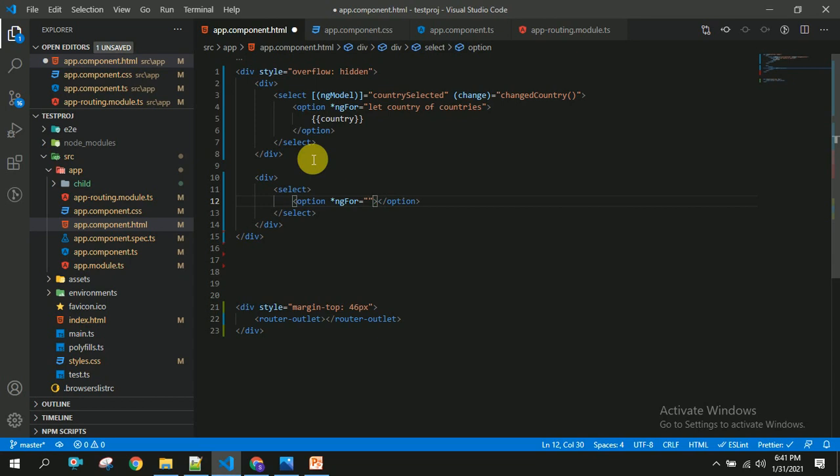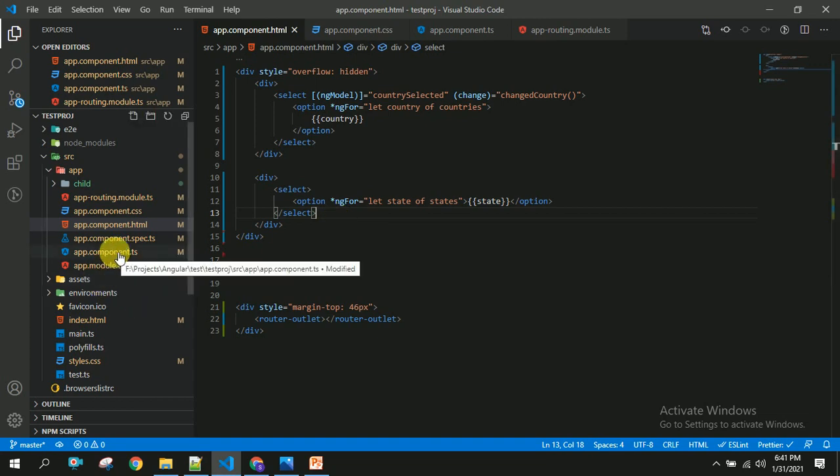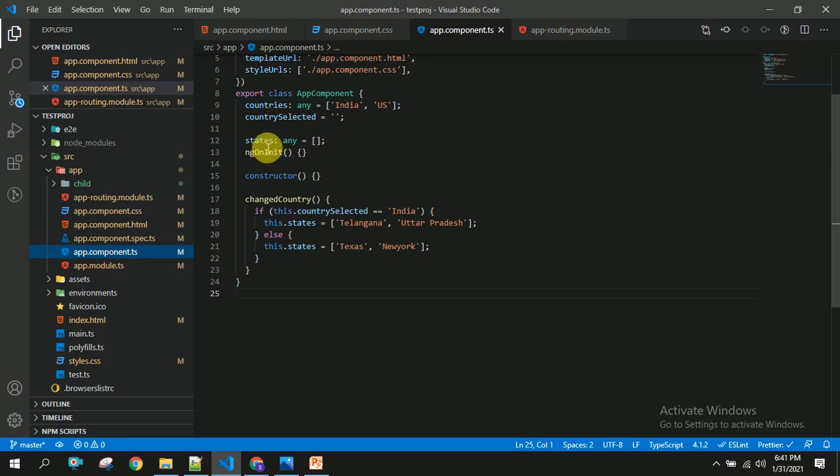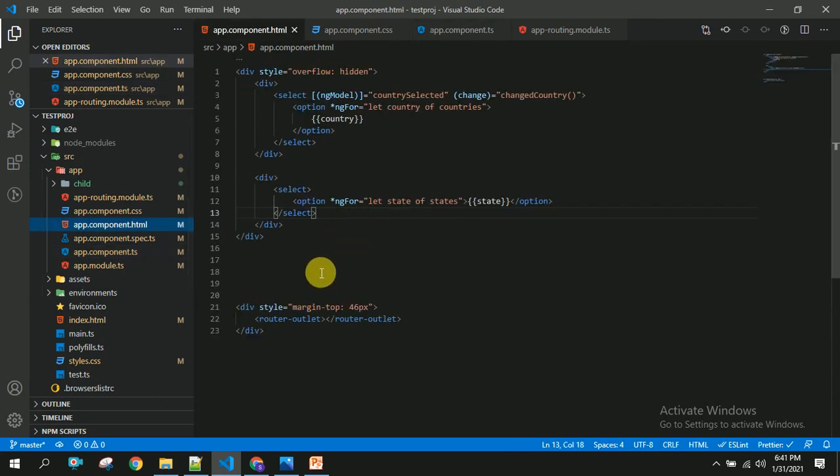I am going to bind the states. And here I am going to use interpolation and display state to the user. So we have given states here, so I am going to bind states. So let us save this and check whether it's working or not.